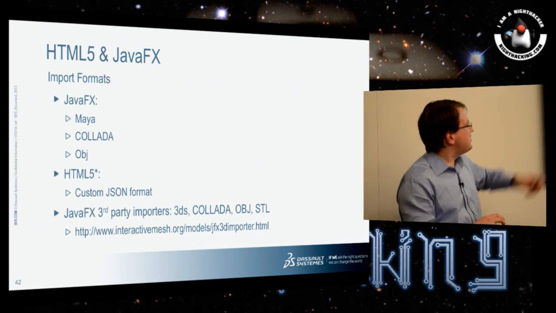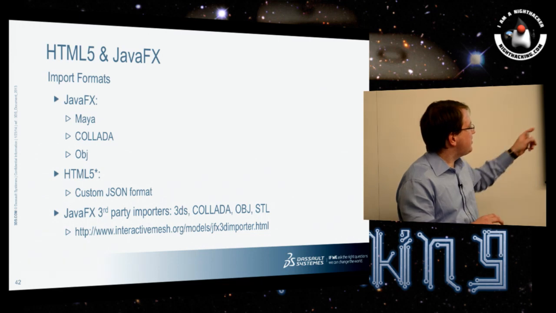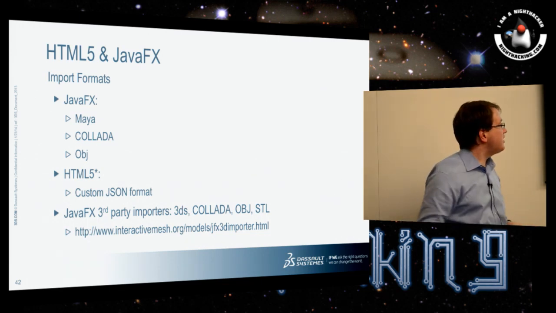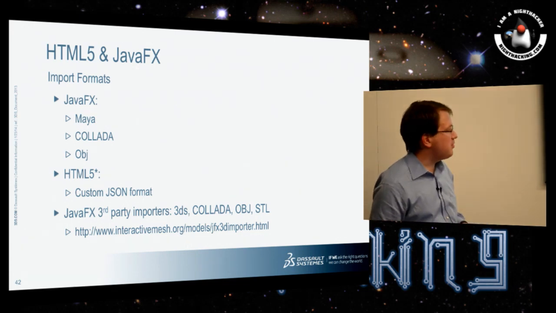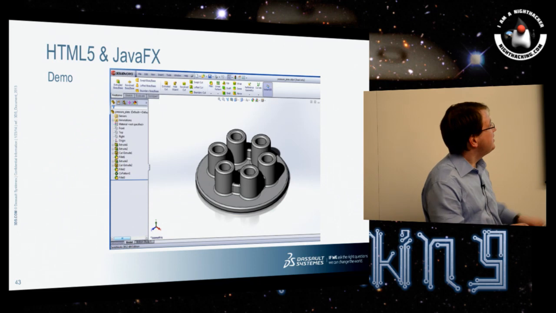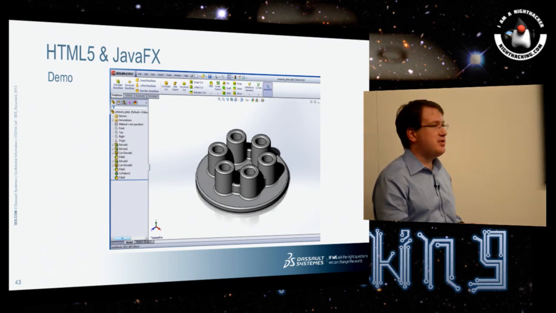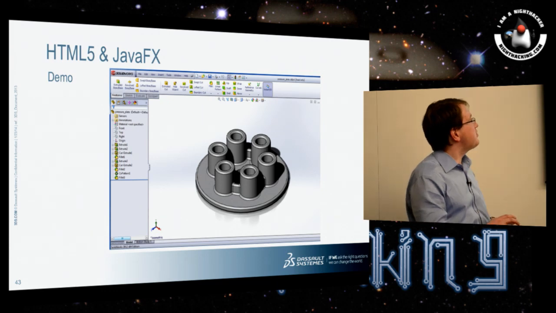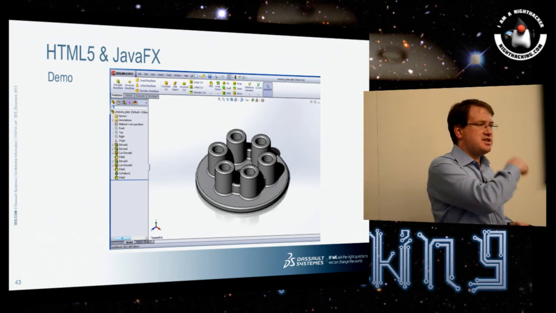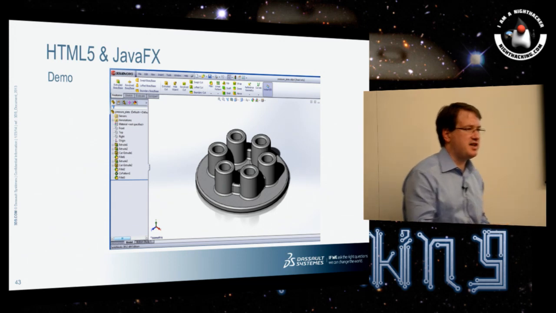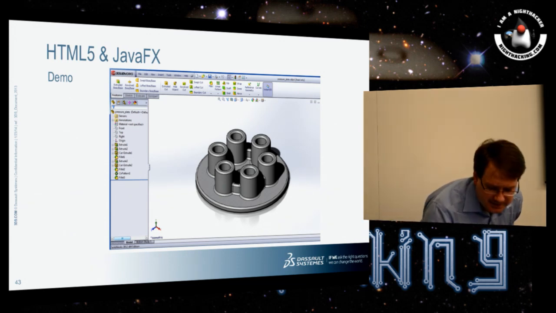So one of the JavaFX third-party importers is Interactive Mesh, which has a very nice library for importing several different formats, including OBJ and STL. So for my demo, this is actually a part rendered in SolidWorks. You can export stuff from SolidWorks to an STL, and then using that Interactive Mesh library and the previous thing, you can import it into JavaFX. And